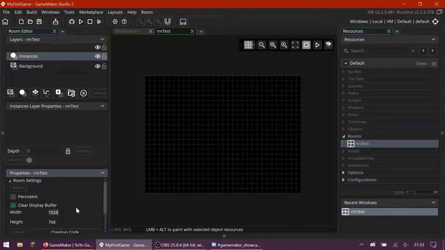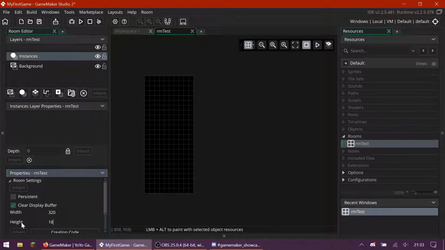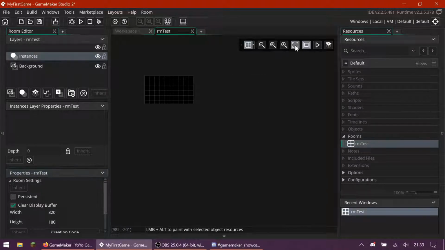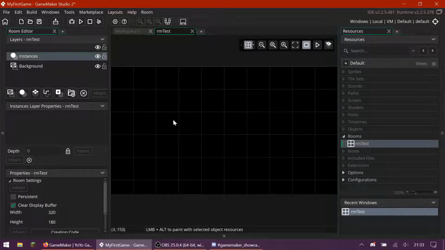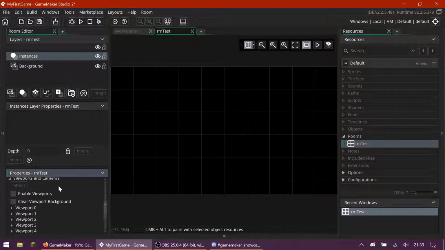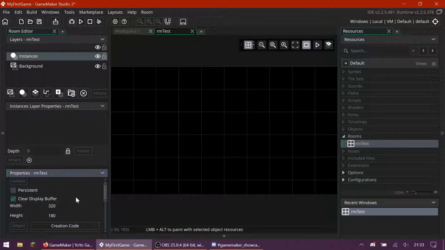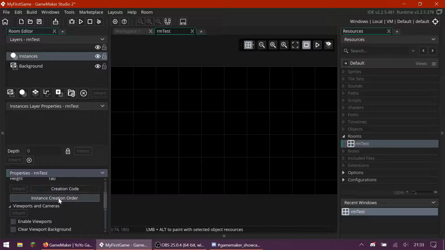We're going to set our room settings. I'm going to change the width and height to 320 by 180. This will be a pixelated platformer tutorial. You could up the room size, but for your first game, I would probably just follow along. So we're going to change the width and height here, and now what we're going to do is